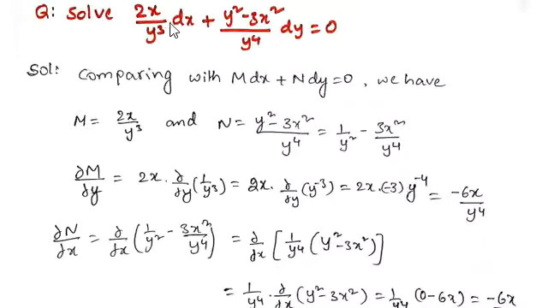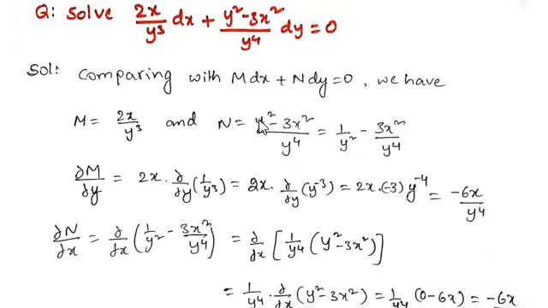Solve (2x/y^3) dx + ((y^2 - 3x^2)/y^4) dy = 0. Comparing the given equation with M dx + N dy = 0, we have M = 2x/y^3, and in place of N we have (y^2 - 3x^2)/y^4. Writing this separately, with the denominator separately for each term,